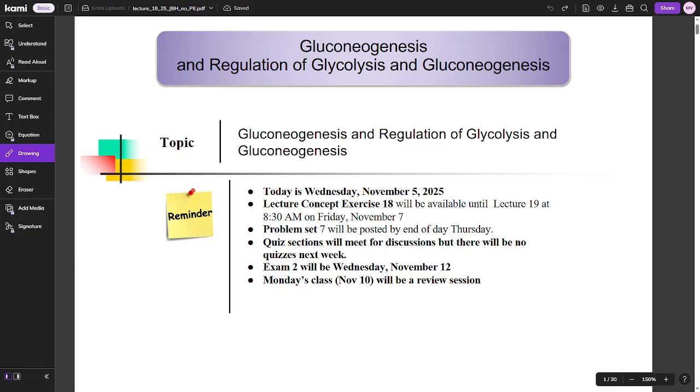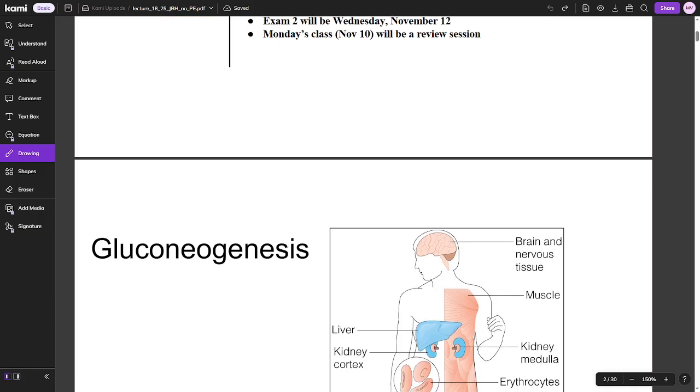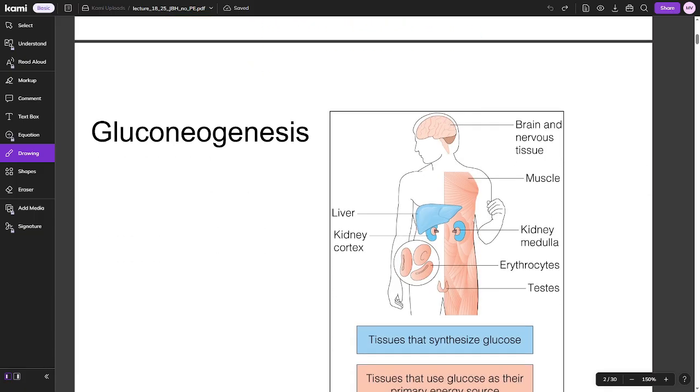Today we're going to be covering gluconeogenesis and the regulation of glycolysis, as well as gluconeogenesis. So yeah, let's start. Gluconeogenesis, I want to preface this by saying that gluconeogenesis is not just the reverse of glycolysis, and there is a slide below that reiterates that, but gluconeogenesis is not the reverse of glycolysis, and where